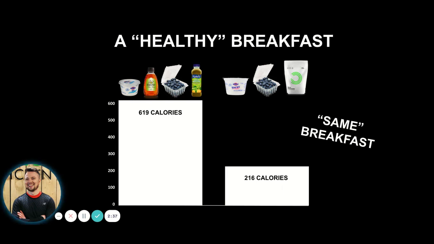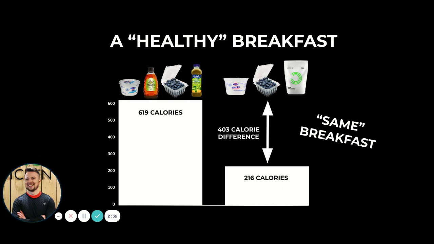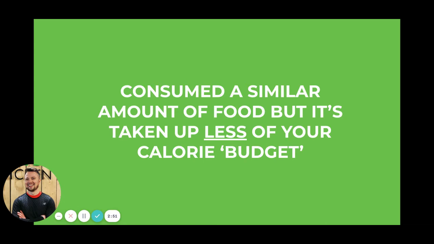That means there is a 403 calorie difference between these breakfasts. That's how calorie density can actually affect your calorie intake. These are pretty much the same breakfast in terms of amount of foods, but the calorie difference is massive. With this breakfast example, you can see how we consumed a similar amount of food, but the second option has taken up less of your daily calorie budget or your daily calorie target. So it's important to look at calorie density. And if your goal is fat loss,